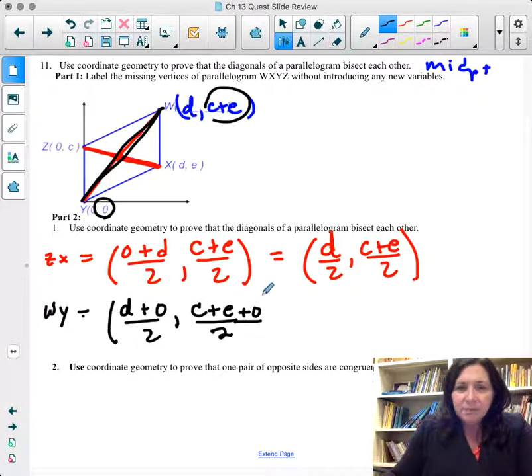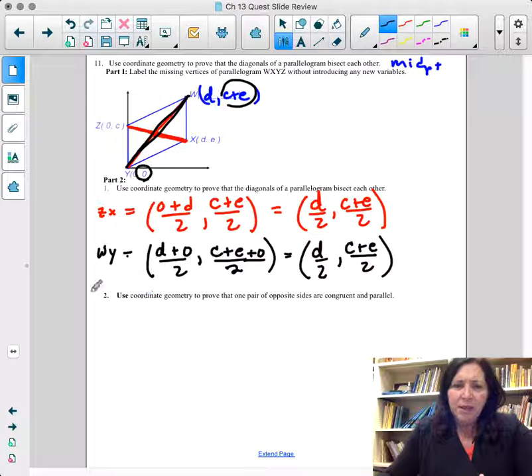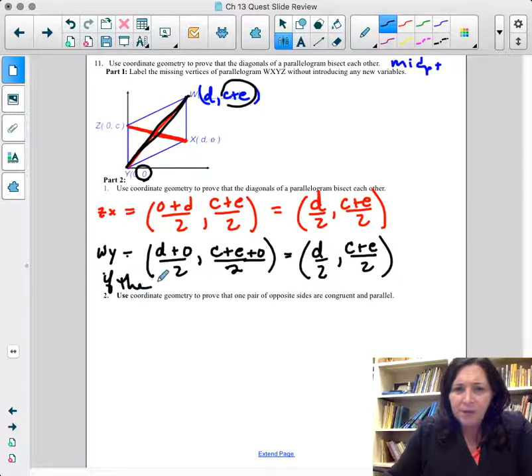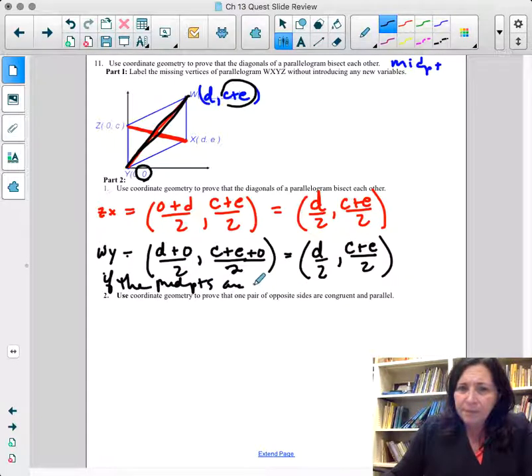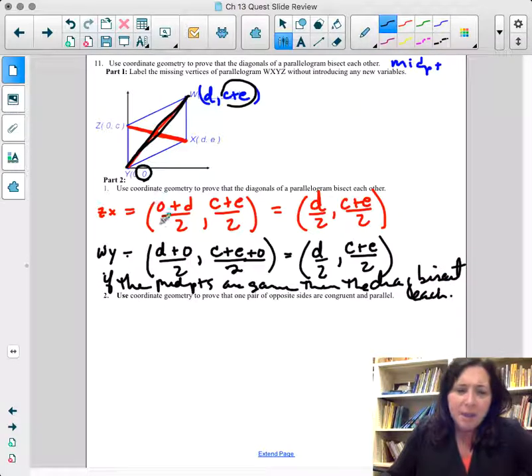All right, simplifying that, I'm going to get D over 2, comma, C plus E over 2. So then you would write, so if the midpoints are equal or the same, then the diagonals bisect each other, okay? All right, so the bottom one, it says, is a little bit small, but it says